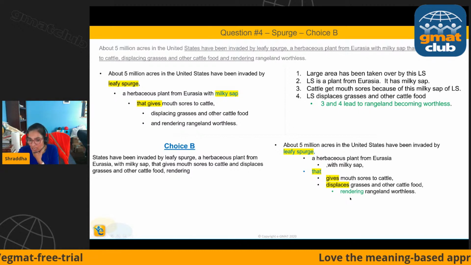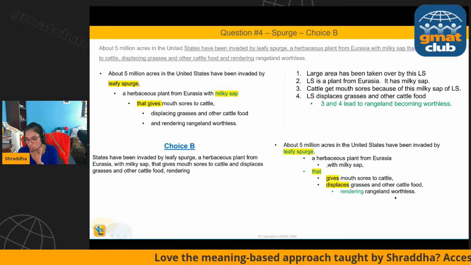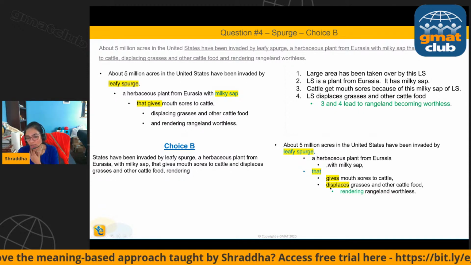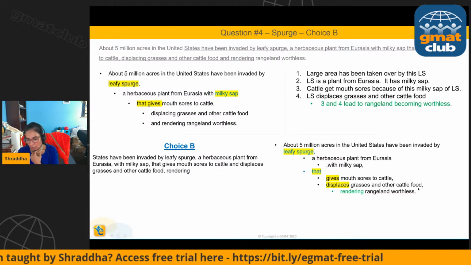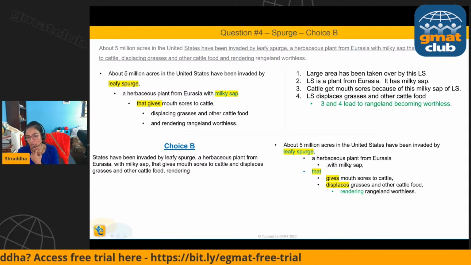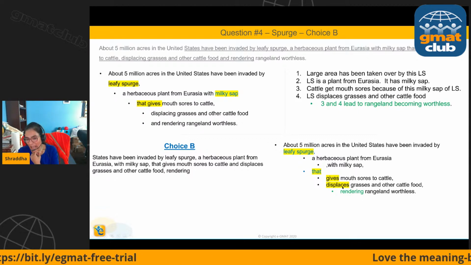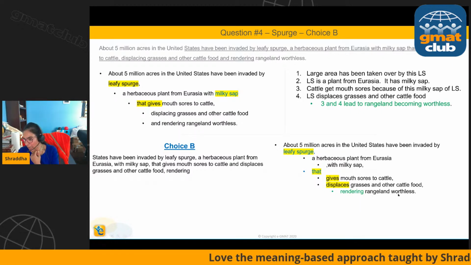And then the last part of the sentence is also right, because now the comma plus verb ing modifier "rendering rangeland worthless" is modifying the action that displaces grasses and other cattle food. So because a herbaceous plant displaces grasses and other cattle food, in this action, leafy spurge makes the grazing ground